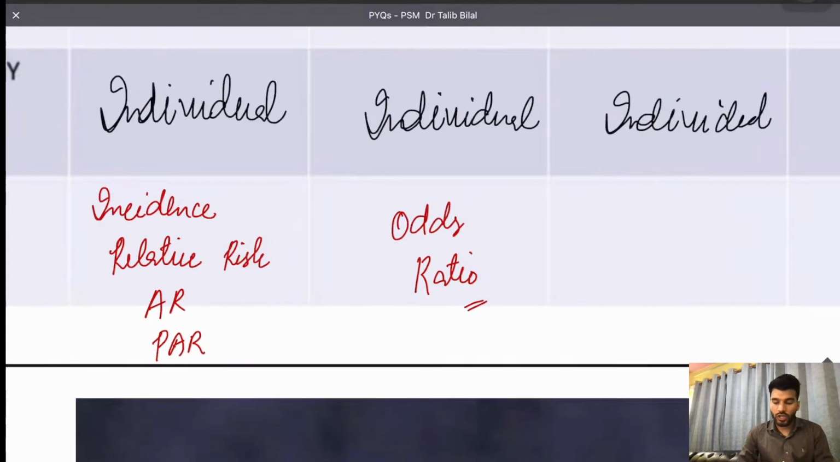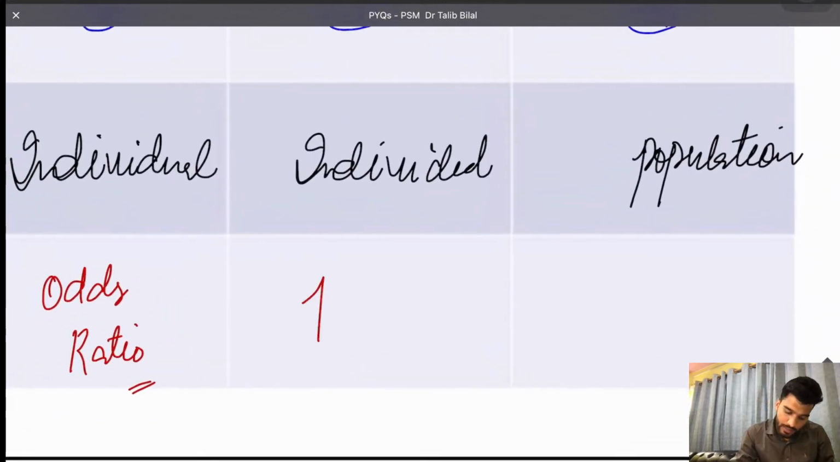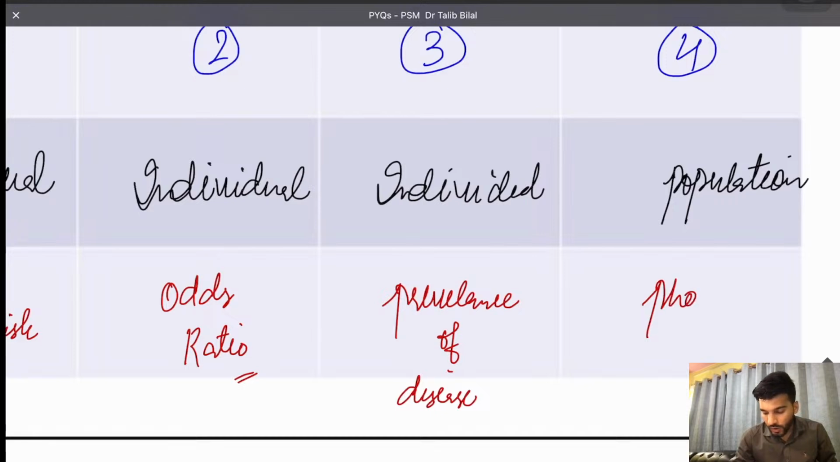You go in the backward direction, opposite to the cohort. It's also called a retrospective study. This will tell me about the prevalence of disease. It's also called a snapshot study, prevalence of disease. And ecological will tell me about the